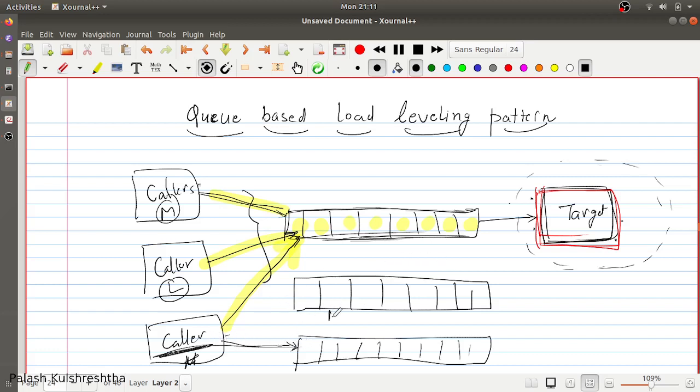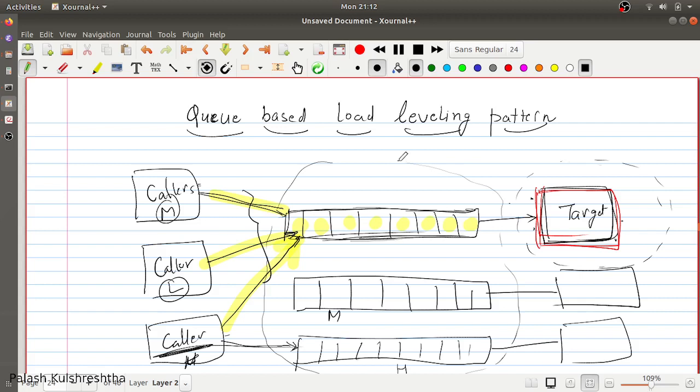This is the medium priority queue, this is the high priority queue, and the SLA of consuming messages from the high priority queue is going to be higher than the SLA for consuming from the low priority queue. So the queuing mechanism can handle the priority of the messages from the service, and it is also handling